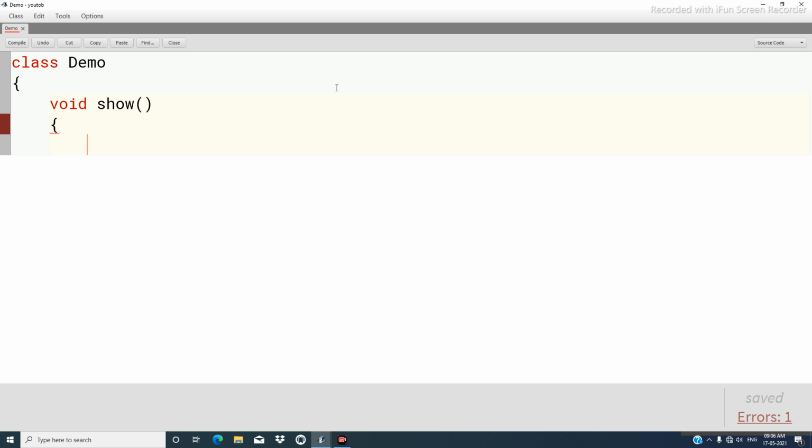So this is a non-static function, and only a single statement, println, and the function ends over here. So the void show method, which is a non-static method, is having only one statement that is executed.